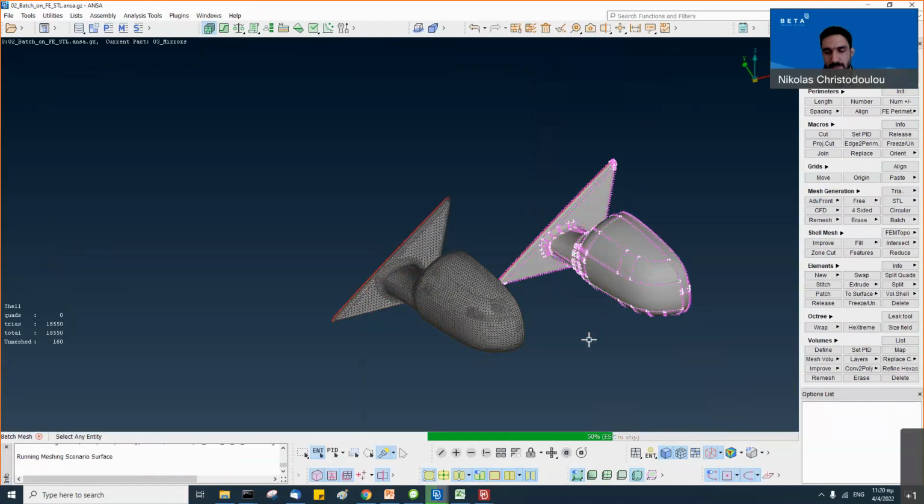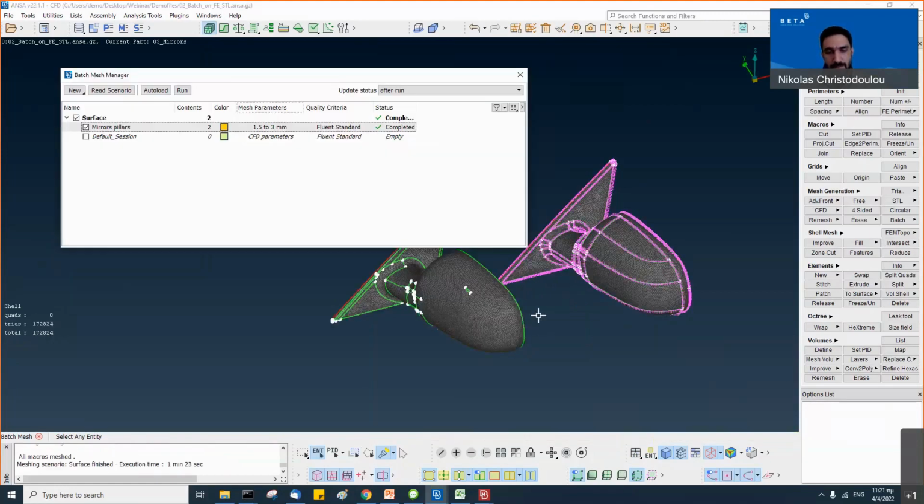Couple more seconds and it will be finished. So this is very handy in case you have tessellated data. You could do some pre-treatment actions, create a watertight model, remove the noise maybe using ANSA tools. And then you can finally convert this STL mesh to a nice CFD mesh, as we will see right now.